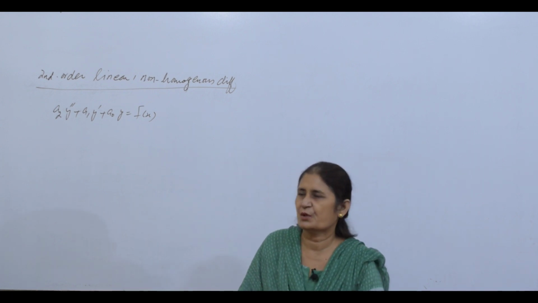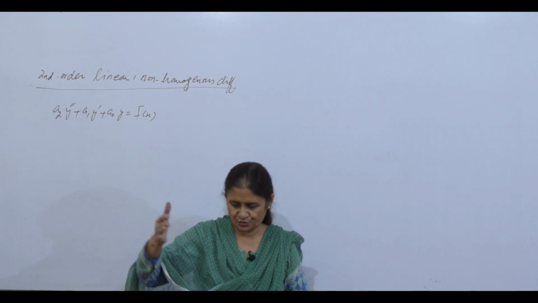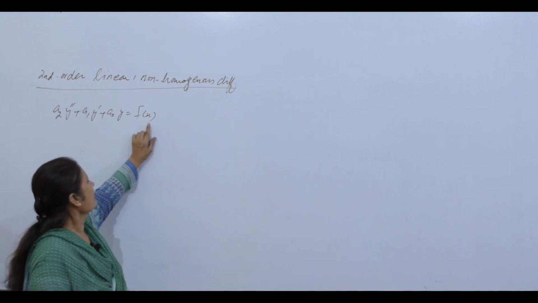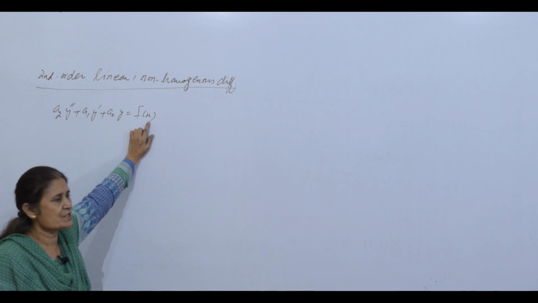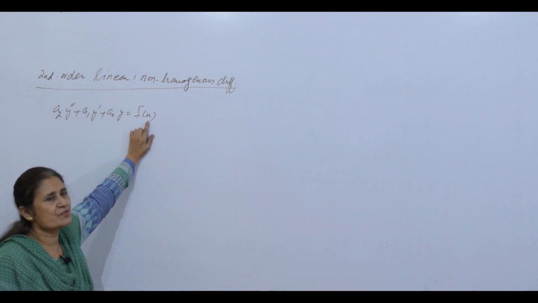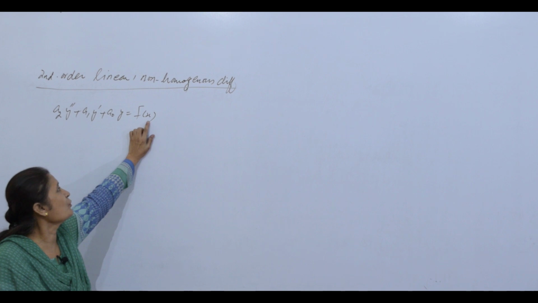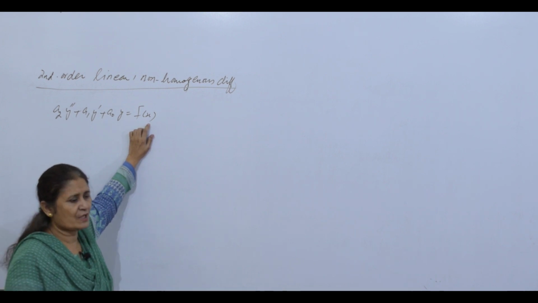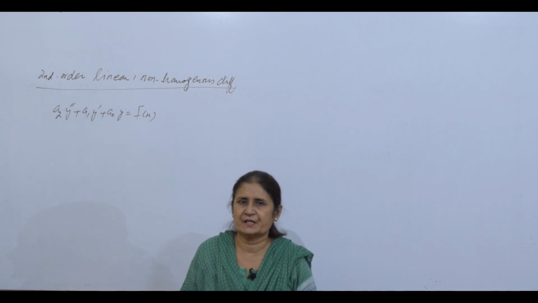Yc is going to be calculated by left hand side equal to 0, then D operator, the auxiliary equation and something like that. For yp, we have the first case when f of x is e raised to alpha x. We finish it, and then we had the second case when f of x is a polynomial function. Polynomial, no matter what the degree of the polynomial is, we finish with it. And the third case is when f of x is either sine alpha x or cos alpha x.